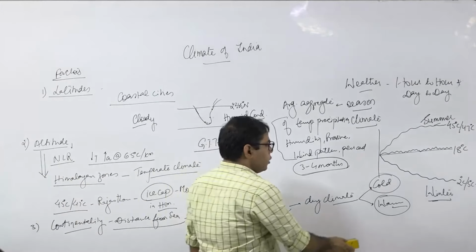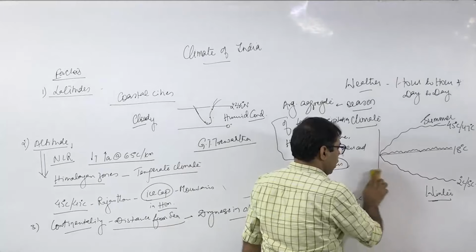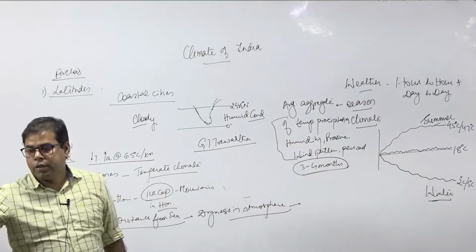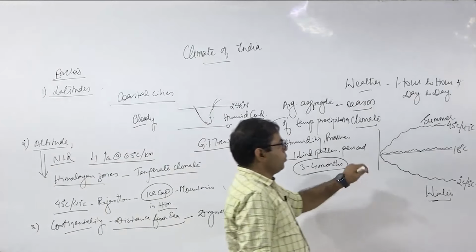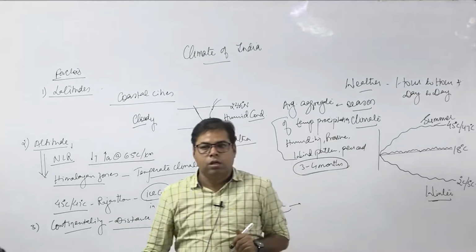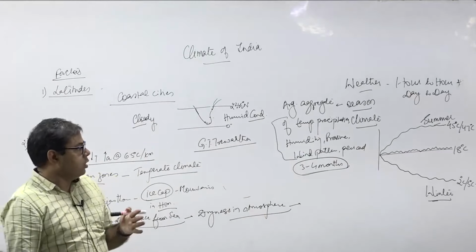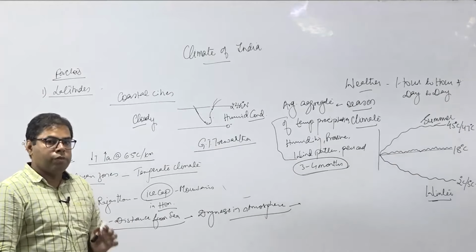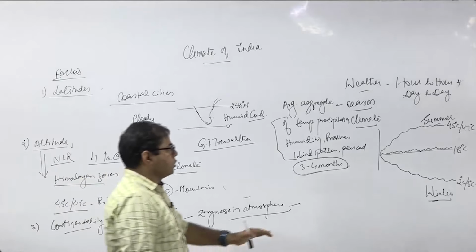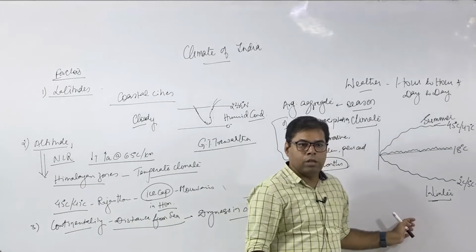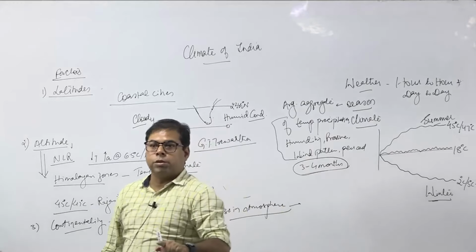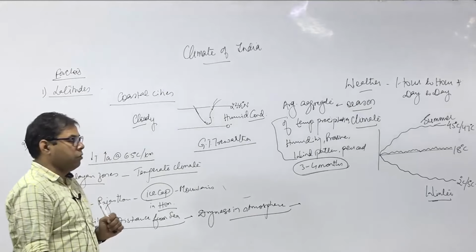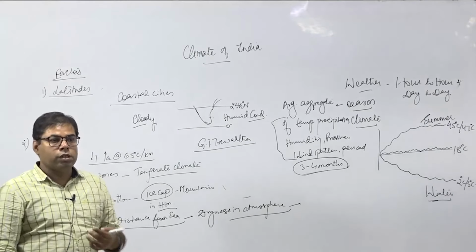Means the larger the variation from the average temperature of an area, the more is the condition for the prevailing of the season, right? Larger the variation from the average temperature of an area, there will be more prevalence of season, correct? Either it is summer or winter, right? Where there will be more extreme summer, there will be more extreme winter, yaad rakhna. If there is no summer, there will be no winter, right?